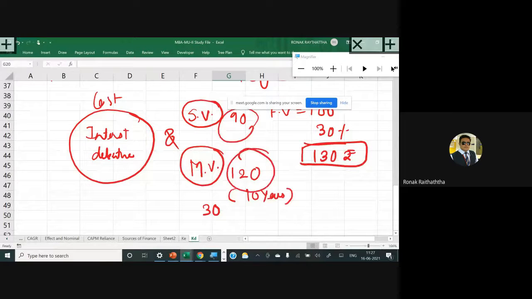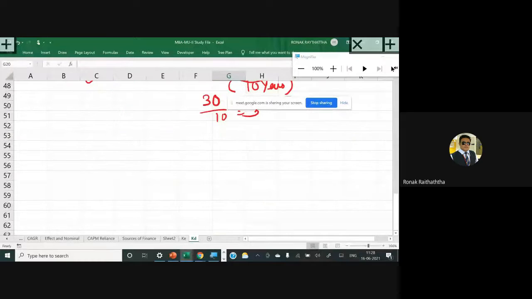So what shall be the per year cost of this difference between 90 and 120? The per year difference will be 30 divided by 10, right? So that will be 3. So over and above the interest you pay on one debenture, you will add 3 to get the cost. Now that is the conceptual approach. And some people will say, sir, you make it very complicated, just give the direct formula. So let's go to the direct formula. Now you all will be singing a song along with me to remember this formula.